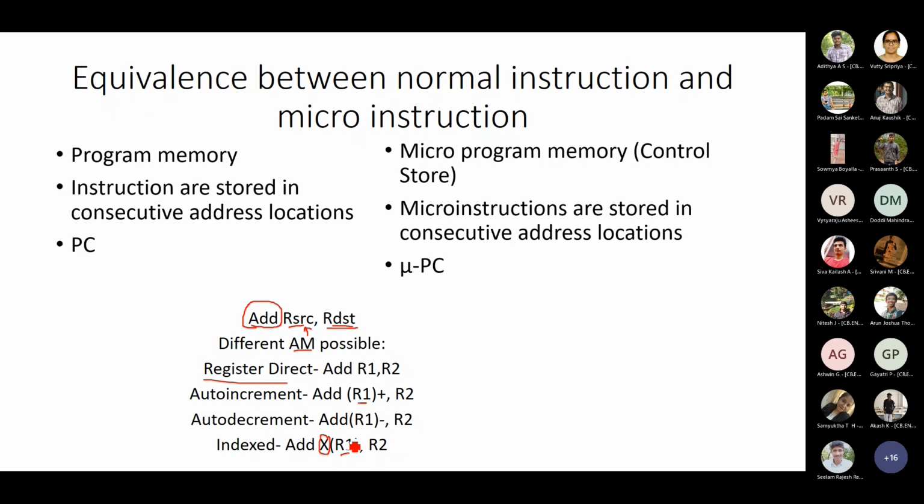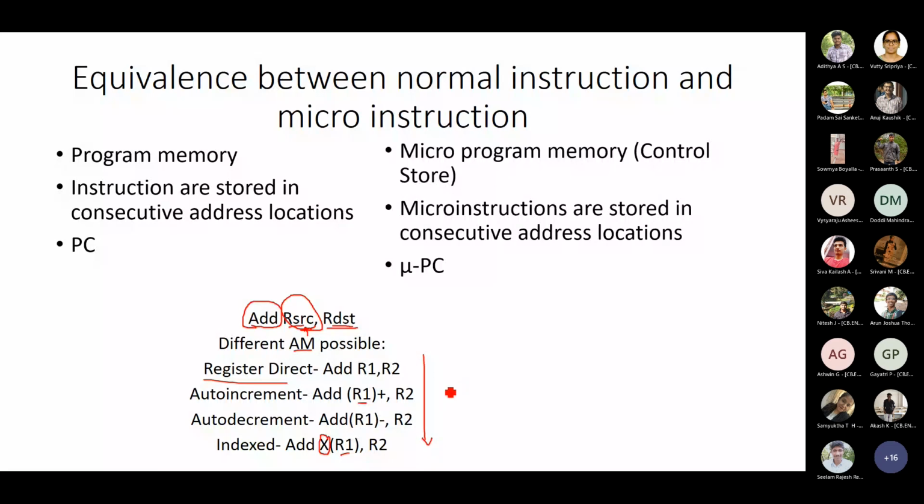So these are the different types of addressing modes possible in the computer that we are going to design. These are the possible addressing modes for the source operand. Different ways in which you can get the source operand, 1, 2, 3, 4. This is of course only the direct way.